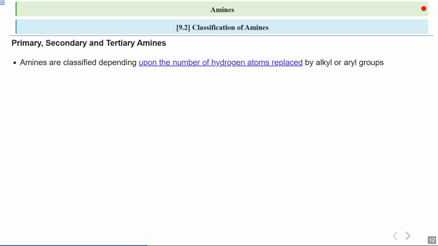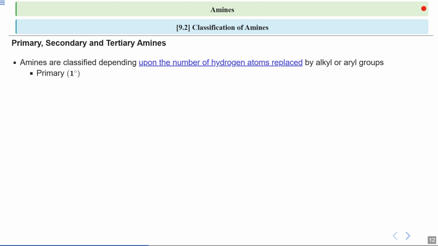So the key concept here: the more hydrogen atoms are replaced, the higher is the classification. Okay, so one by one, let's look at it. First, I'm talking about primary amines. Primary amines are often written as 1 degree. Now, in a primary amine, students, only one hydrogen of ammonia is replaced by an alkyl or aryl group. Okay, for example, ammonia is NH3 and if one hydrogen is replaced by a methyl group, we